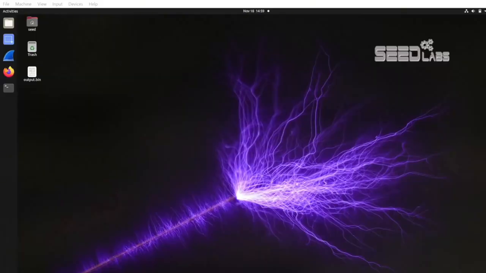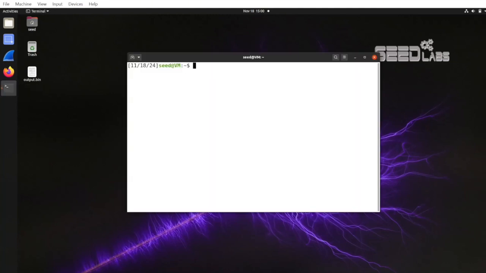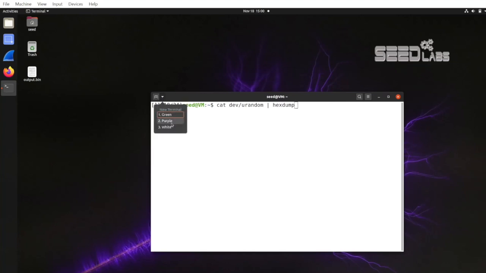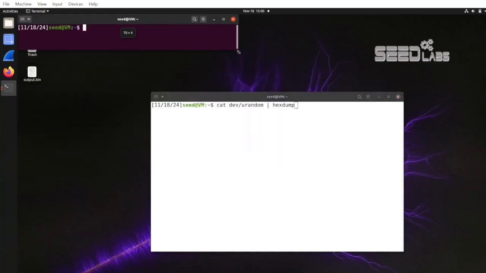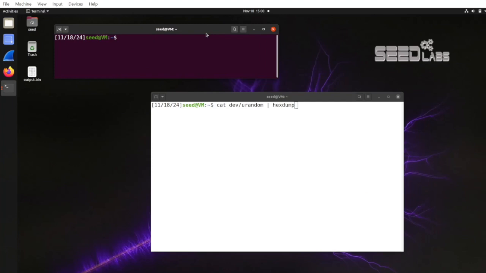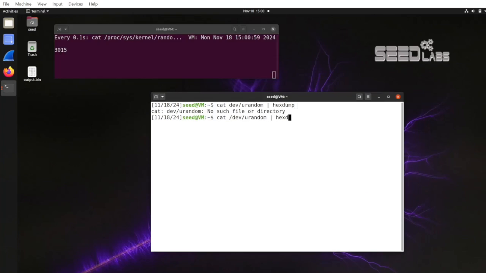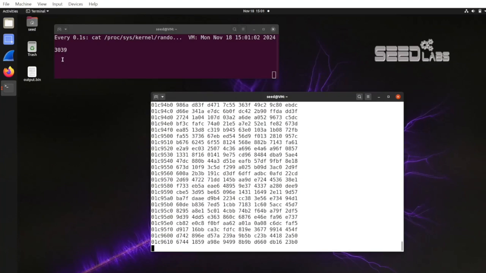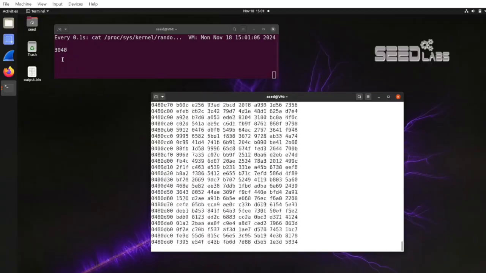In this task, we will do mainly 3 things: using urandom instead of random, outputting a 1 megabit file using urandom to check its quality, and generating a 256-bit encryption key using a C program. So let us watch the entropy, and then let us use /dev/urandom to see how the entropy behaves.